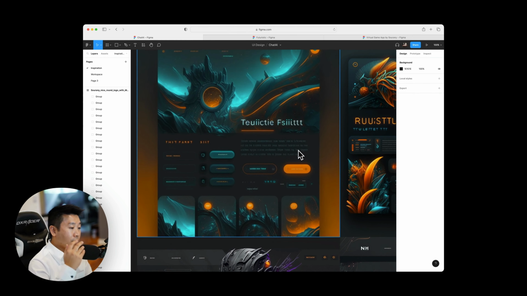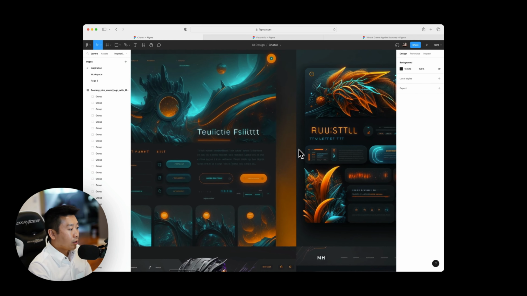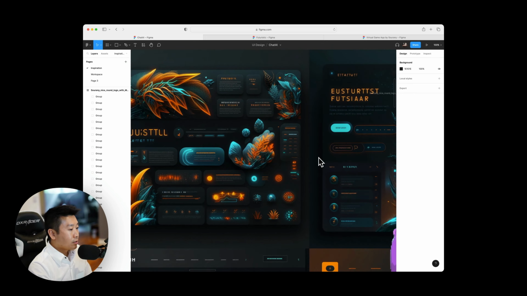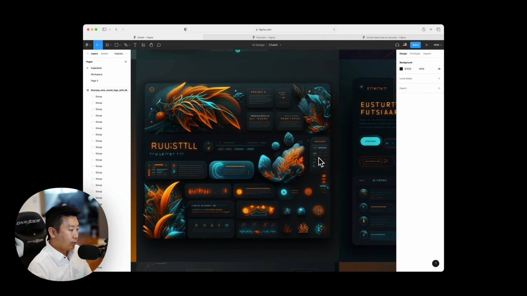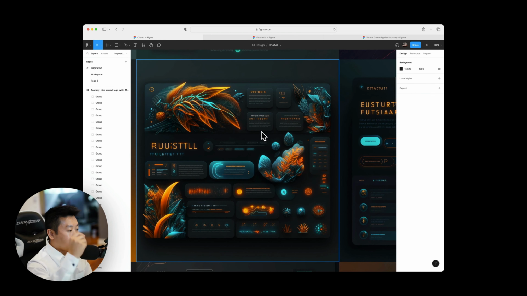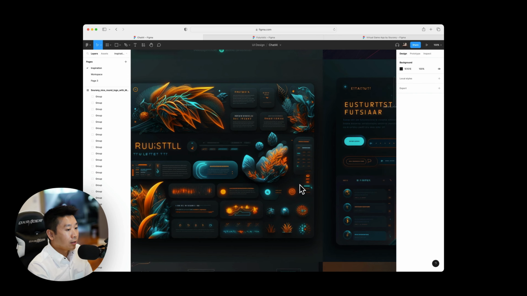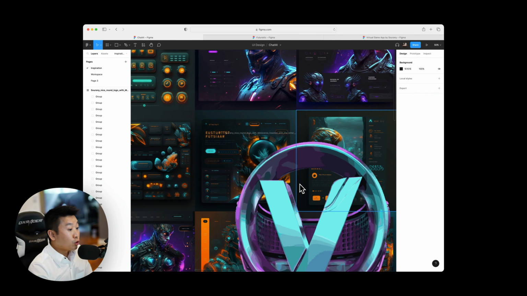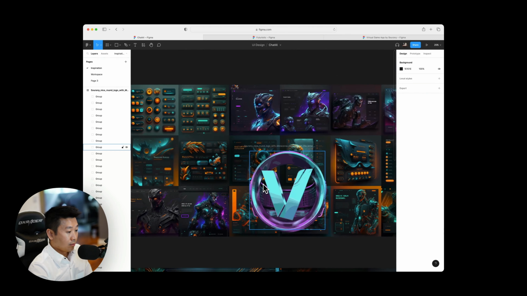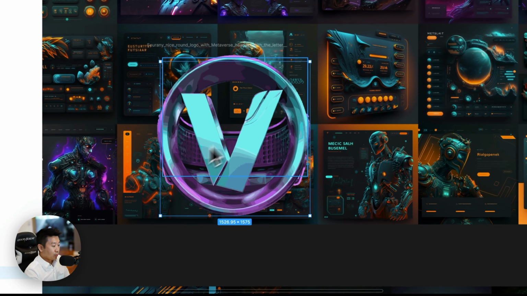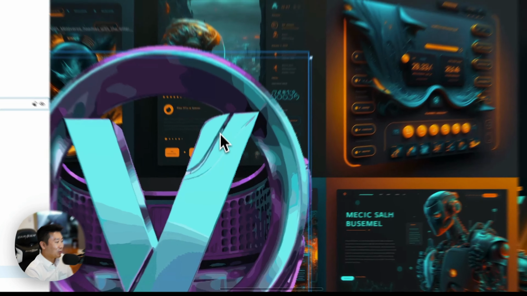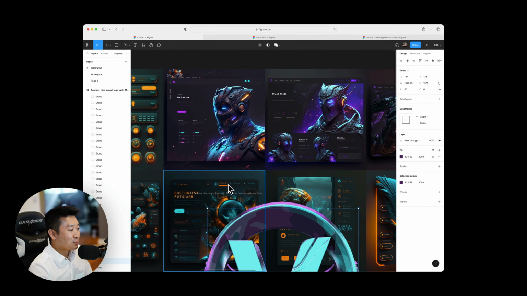Obviously, the typography is not going to be final, but it does give us a sense of priorities, you know, the way that you separate the elements, the way you prioritize the elements, and the direction in general. So here, I don't know why we have a giant logo in front, but